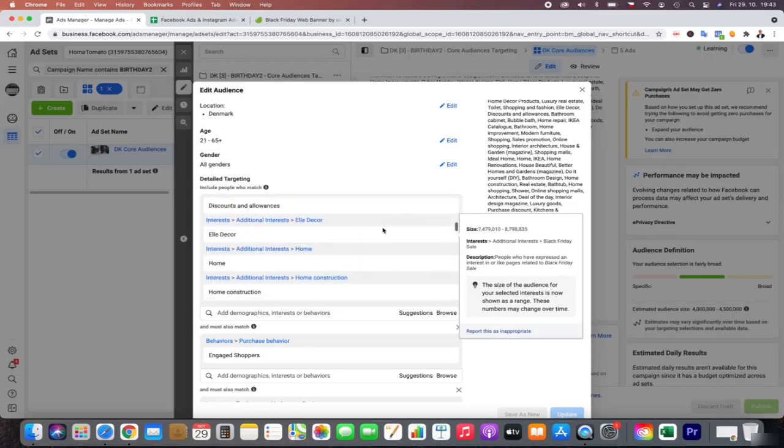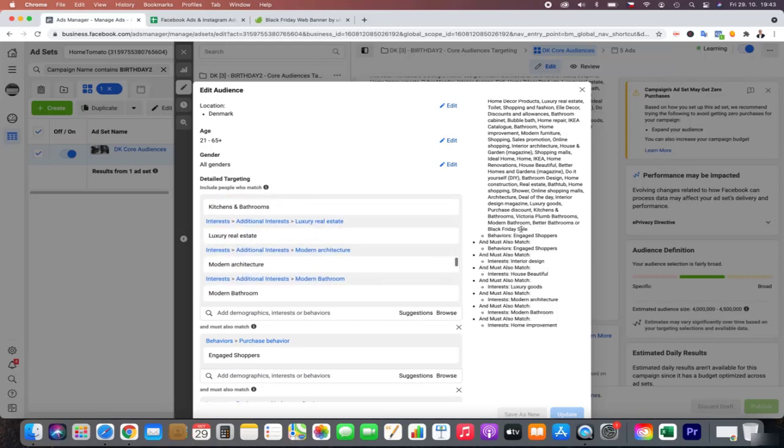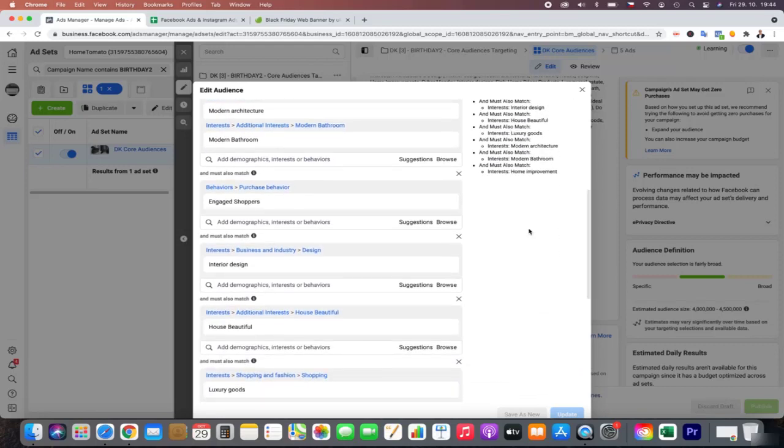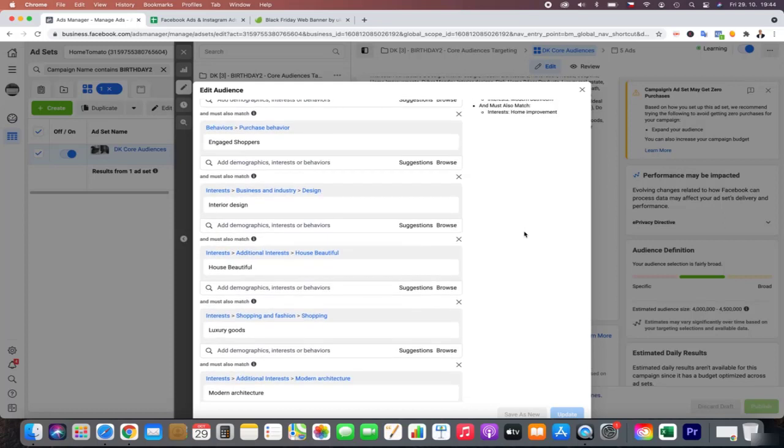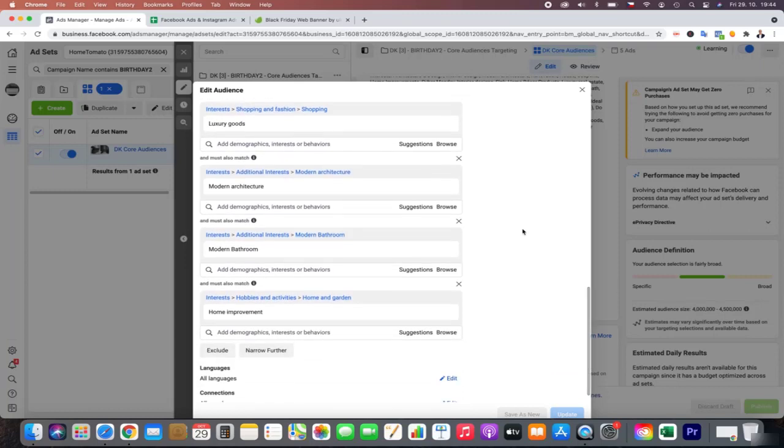You can see there are many defined options. Then it must be engaged shoppers, and they must also match interior design, House Beautiful, luxury goods, modern architecture, modern bathroom. As you can see, these are core audiences.